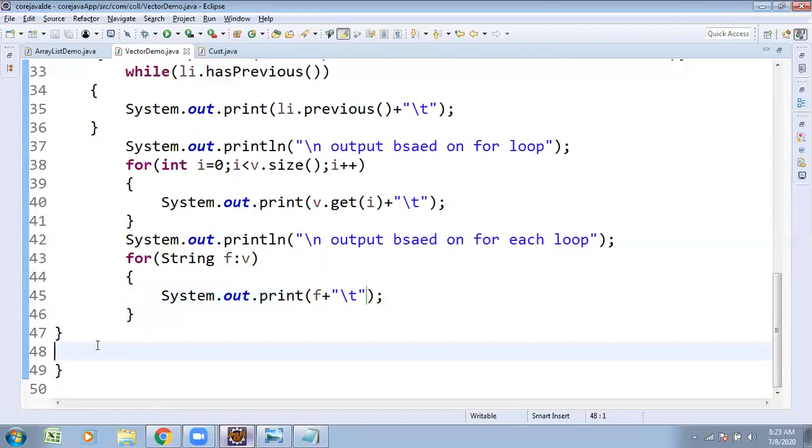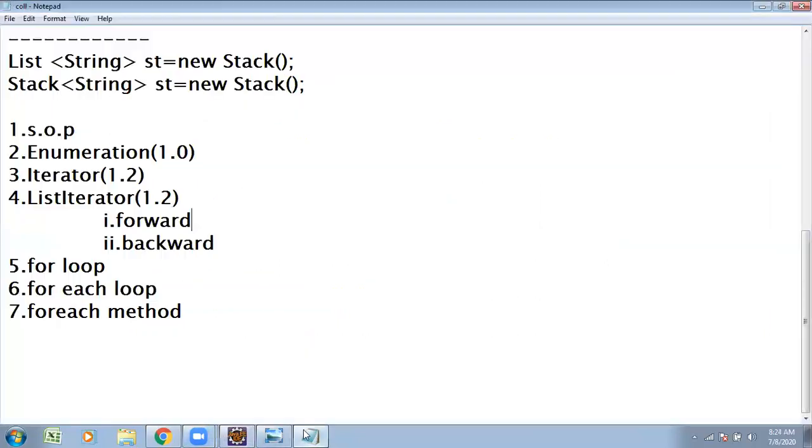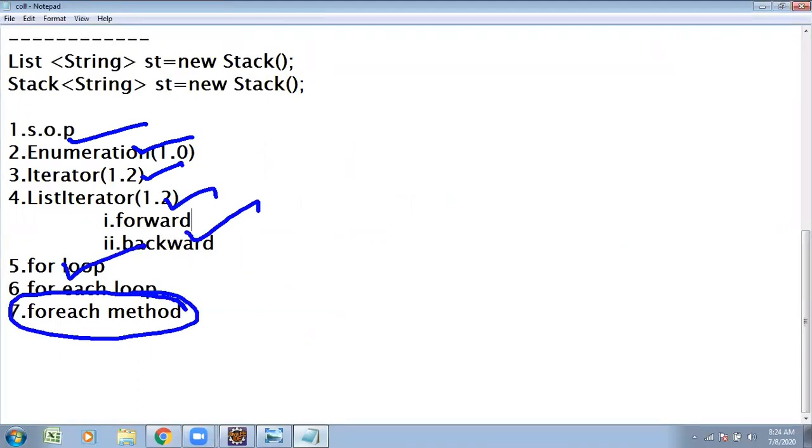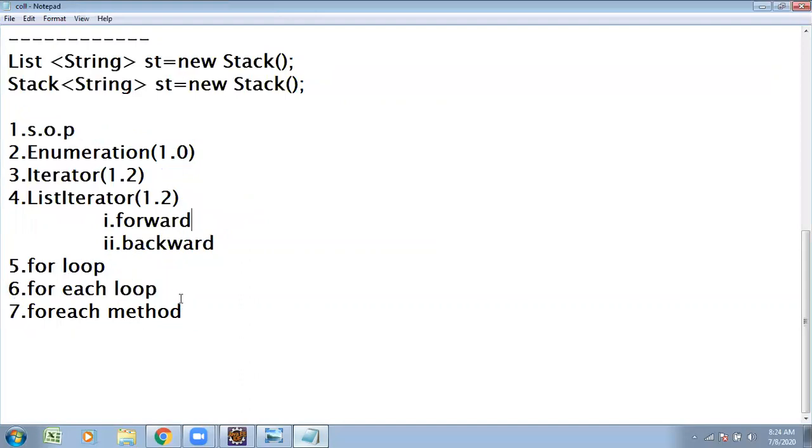Elements are same only. Next, I wanted to concentrate on the for each method. For each loop came into existence with JDK 1.5 version.